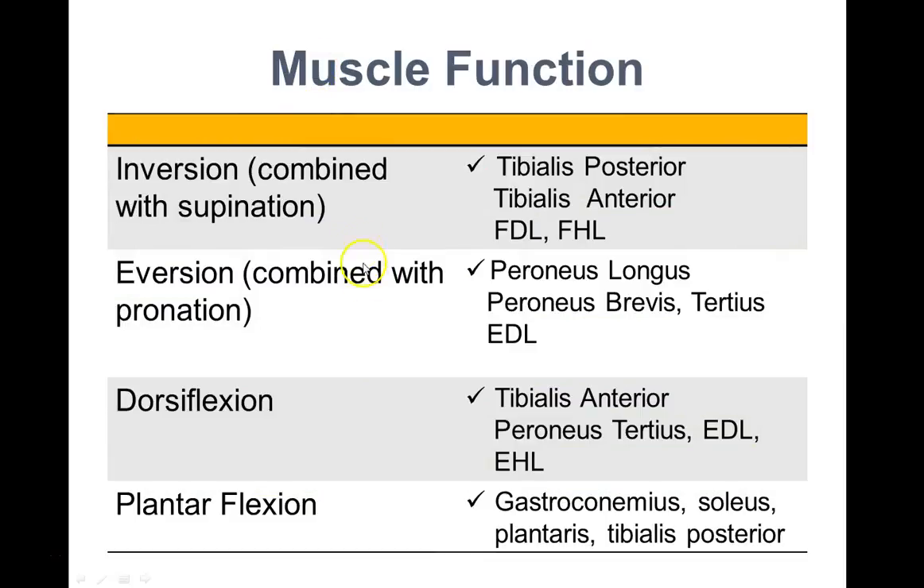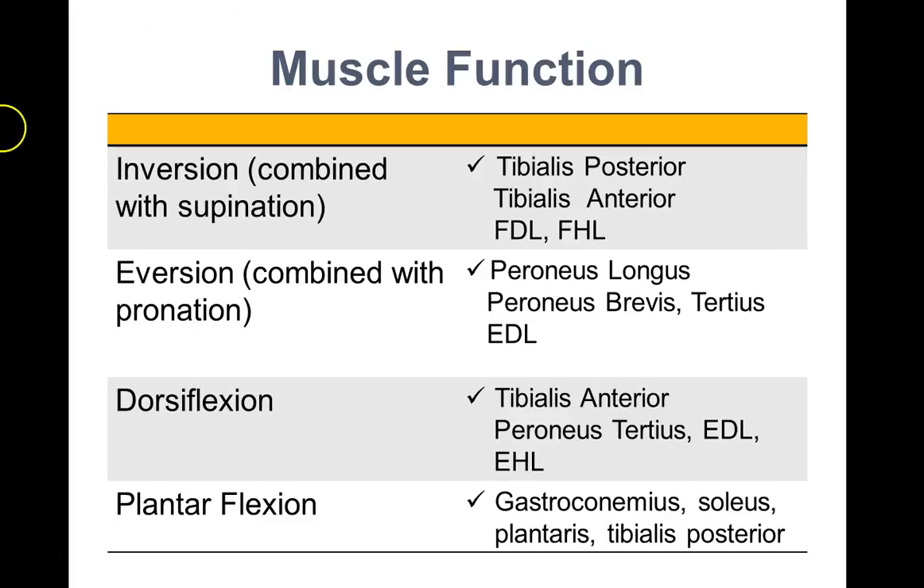Looking at muscle function, lots of different muscles there. Lots of your motions are not just created by one muscle, but what I did was put a little check mark by the main player, or at least the muscle that produces most of the action of that particular ankle joint. So if you're looking at inversion, your primary muscle to do that is tibialis posterior. If you've got eversion, it's peroneus longus. Dorsiflexion, primarily by the tibialis anterior,